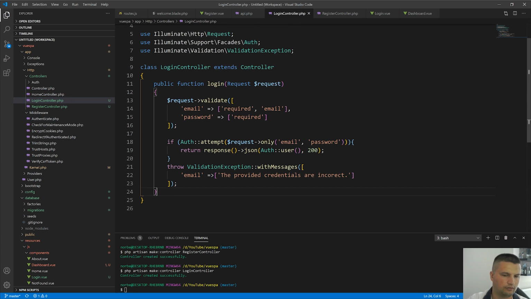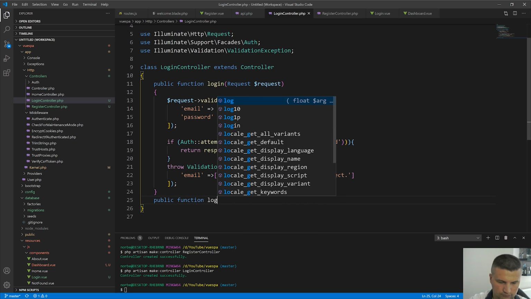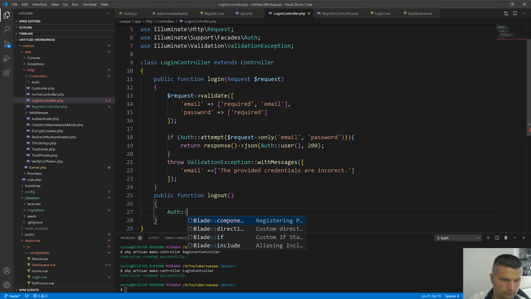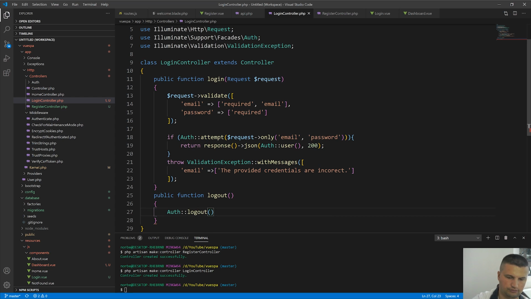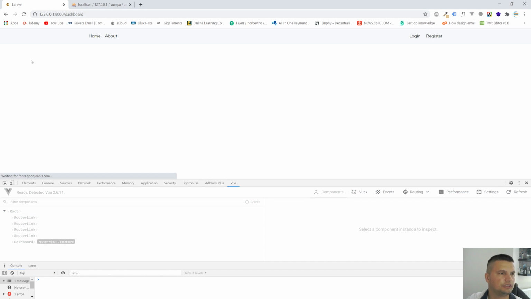One more public function. And it's very easy. Auth logout. That's it. So now if I hit refresh,